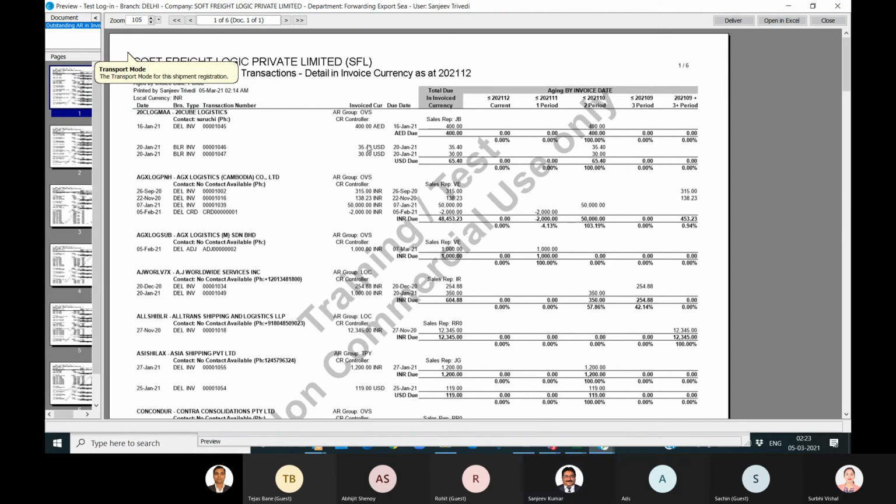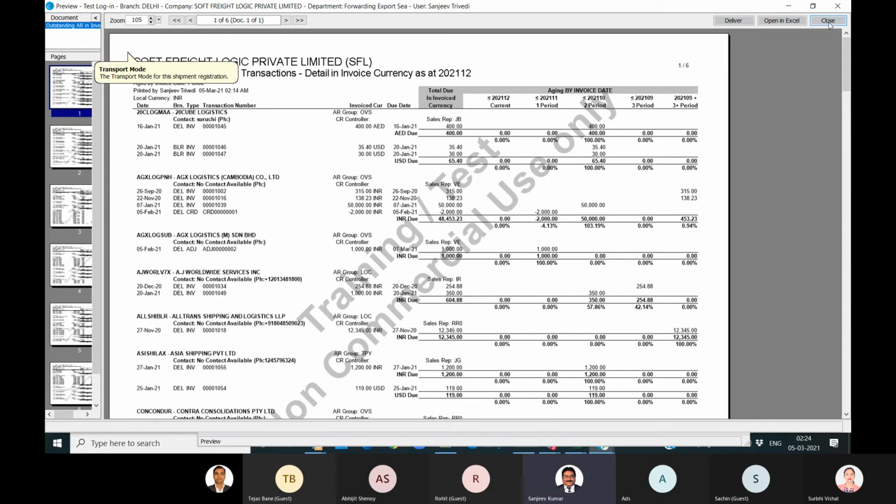Suppose your agent has given a certain statement and you have passed the entry in CargoWise. Now, if we import, then again there are certain chances of duplicate entries being imported. No, but not posted. Okay, fine. But then, can we have the MBL numbers or the container numbers appearing on these outstanding statements? Can we pull those numbers here?